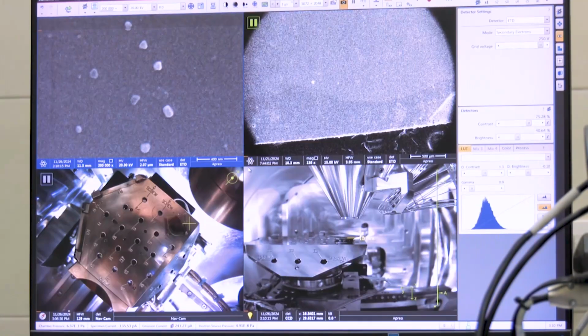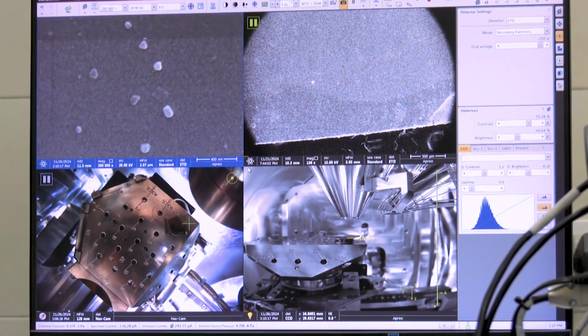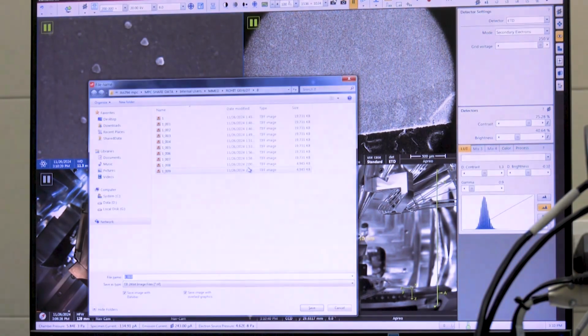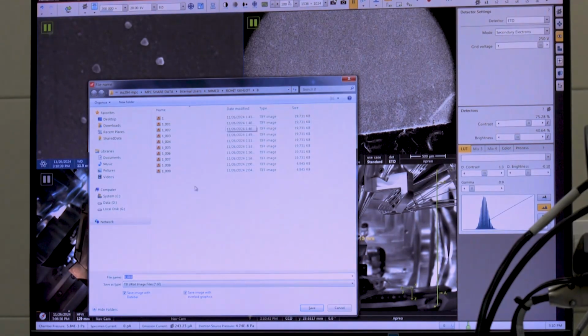We can see that the sample surface is getting scanned and sharp image is forming on the screen. You can save this image in the folder with proper sample name and date.